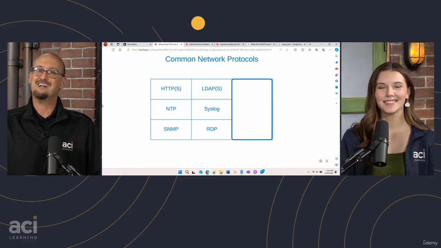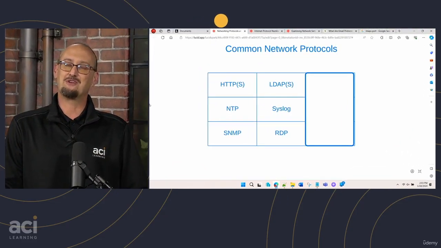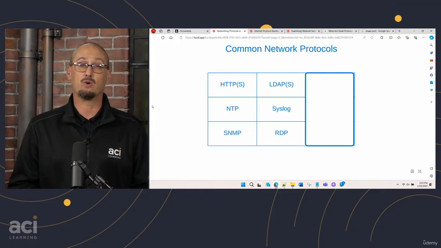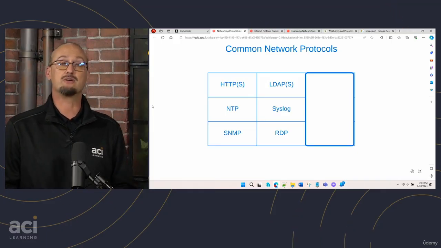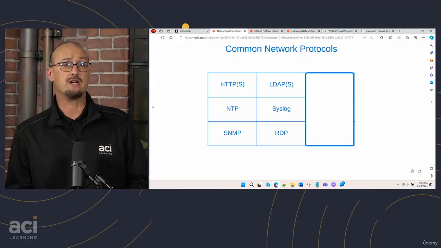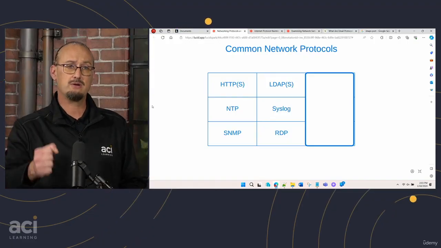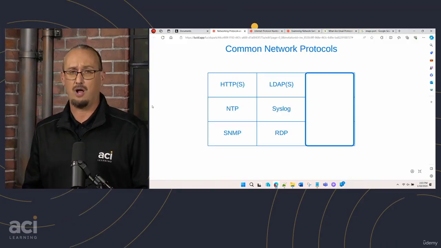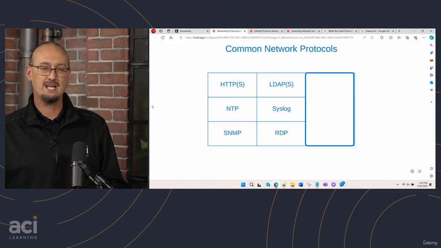All right, so I know, laundry list. Without further ado, let's keep going. We have the Lightweight Directory Access Protocol. If you're going to work in an Active Directory environment around directory services, you are going to need to know this protocol. It's one of the protocols we use to query a directory services database. LDAP is a clear text protocol. This goes over port 389.